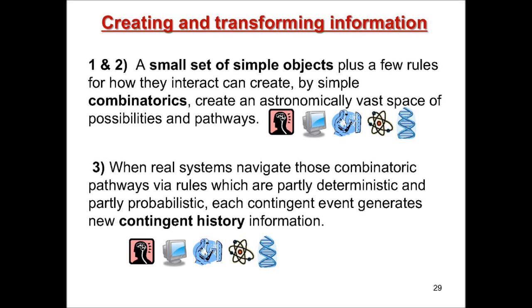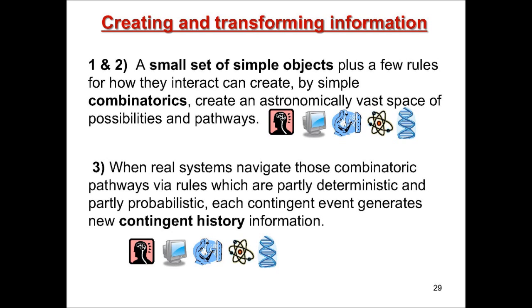Now, the symbols here. This symbol here refers to a theoretical understanding of how this can happen, and we have that. This refers to computer models of such processes, and we have them. This refers to man-made objects which can do this, and we have them. This refers to natural physical systems which do this, and we have them. And this refers to natural biological systems which do this, and we have them. I haven't shown you examples of every one of them, but I could if you want to ask me about it later.